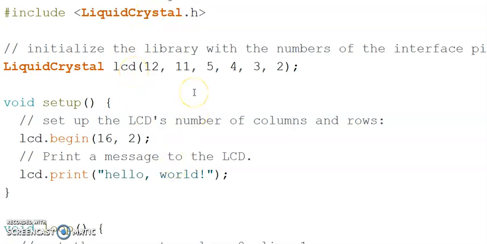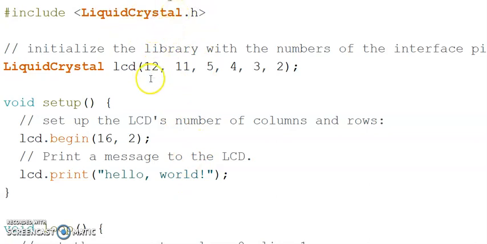So actually interfacing LCD with another controller, let us say your 8051, is a headache because no such library sets are available. You need to write your own program to configure that, and it's a tedious task. But Arduino has made it simple by developing such library functions, so you can easily make use of that. So this statement tells Arduino IDE that the program is going to include the commands from this library.